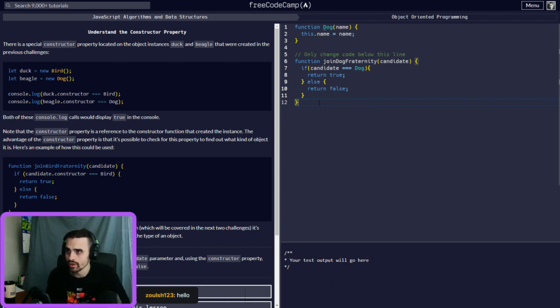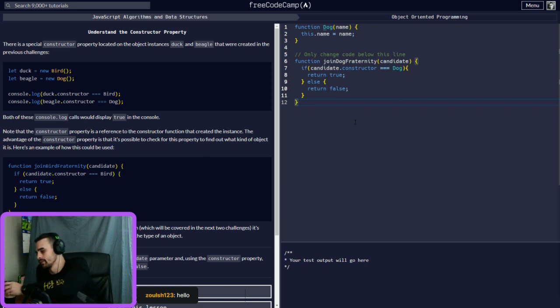So we want to know that this actually came from a dog, that this is a derivative of the dog. Yep, this is a good validating function. We want to make sure that everything getting added here is from the dog constructor, not coming from any other constructors we're using, like a human or a cat.